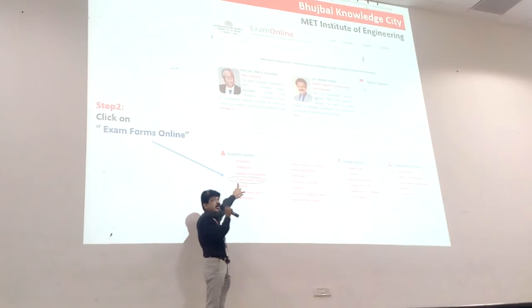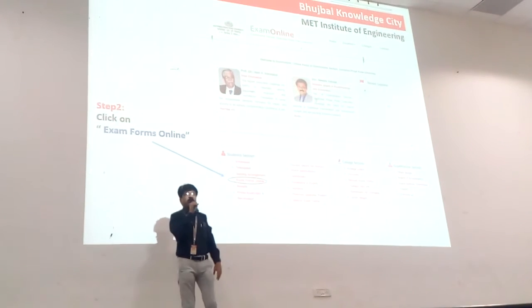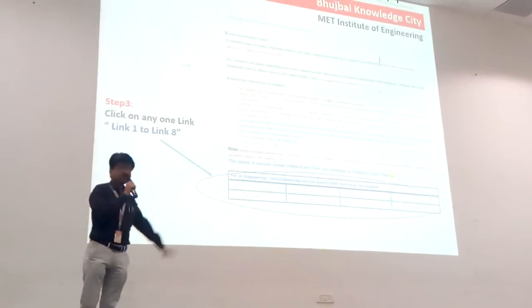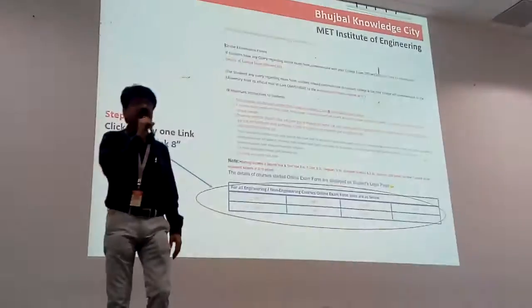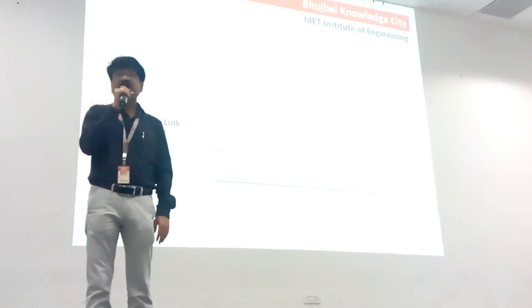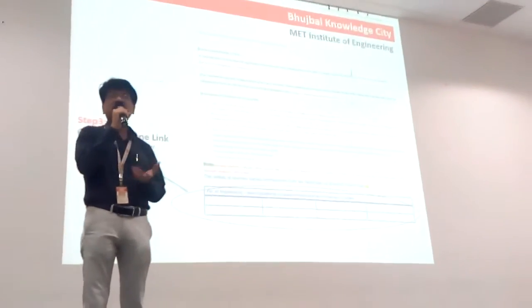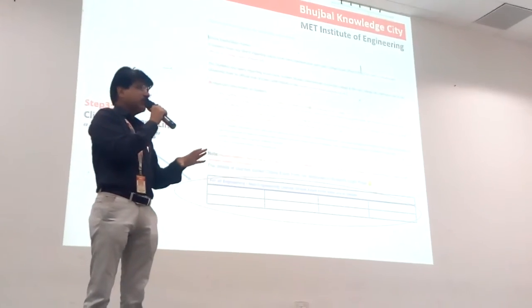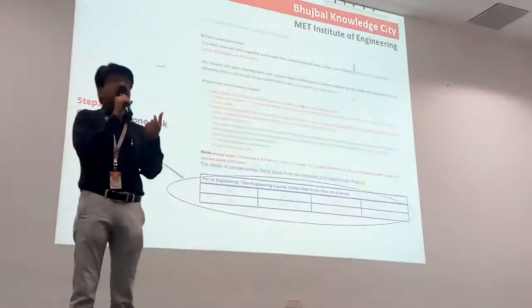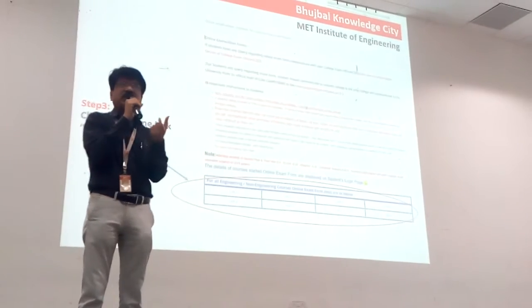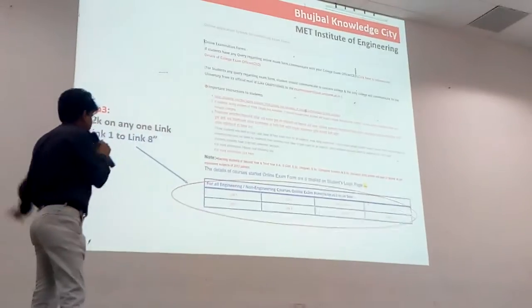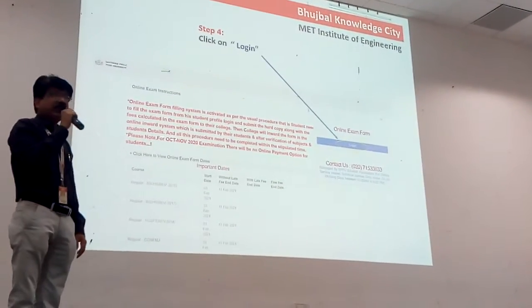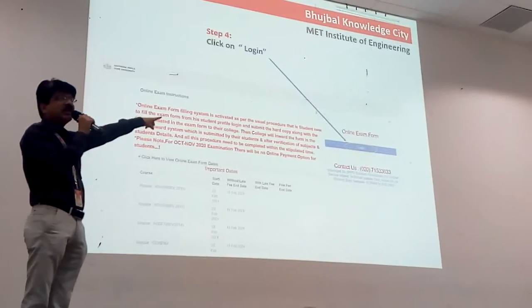Here is the examination form online. Here you have to click for going to the creation of your profile. Then you will find so many links, Link 1 to Link 8, because under the university, more than 125 colleges are there. Depending on the index, a huge crowd is trying to fill up the forms within that particular schedule, so there is overloading on the servers of the university. So the university has divided this among particular links or servers. Once you click on any one link, you will get a login there, online exam form login.